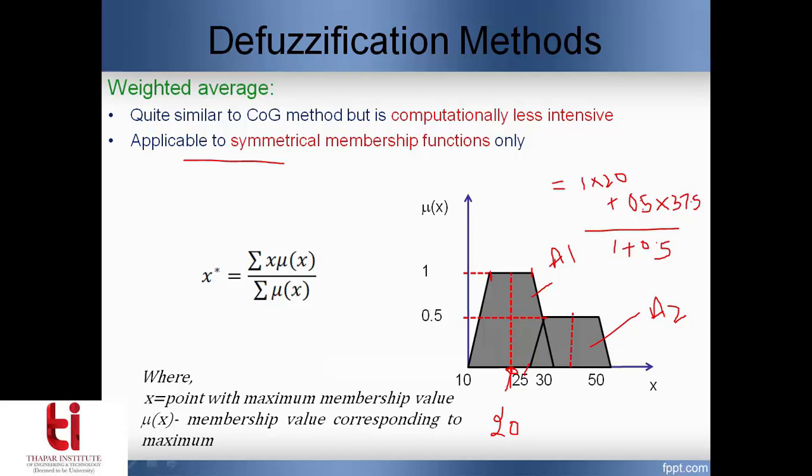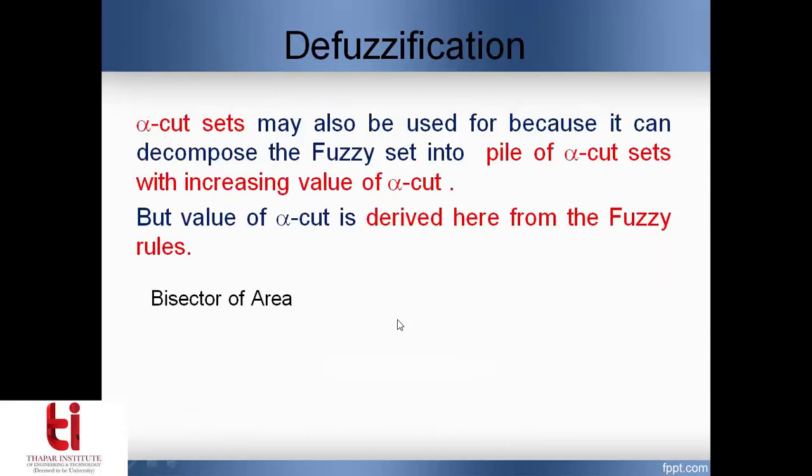So next we move towards, this almost leads to the completion of all the important defuzzification methods. But we can also apply the alpha cut sets. I hope you all remember what the alpha cut sets are. Alpha cut sets are the ones we had used in the resolution identity. What did it say? For any fuzzy set, I can decompose that complete fuzzy set into a pile of slices, where each slice is identified by a cut of the membership value, let that be generalized to alpha.